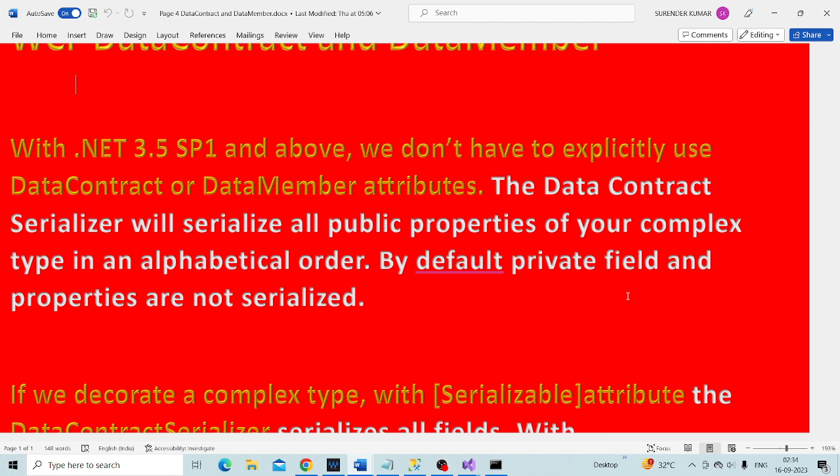So if we decorate a complex type with data contract attribute, the data contract serializer serializes the field as well as the property that are marked with data member attribute. The fields that are not marked with data member attribute are excluded from serialization. The data member attribute can be applied either on the private field or public properties, but I prefer applying them to the public property. That is basically because if you look at